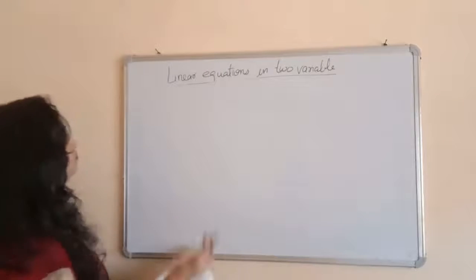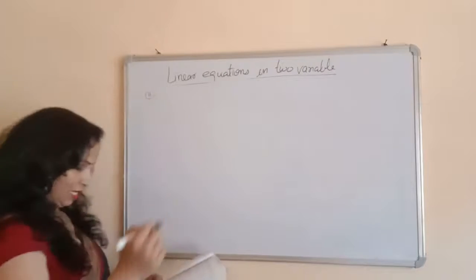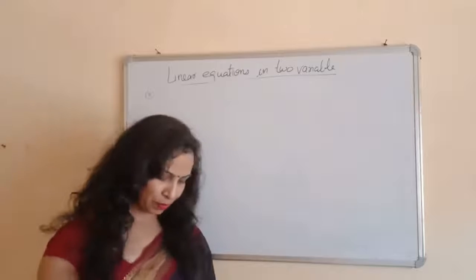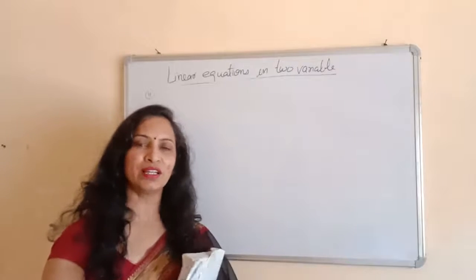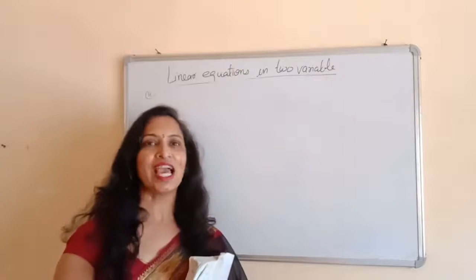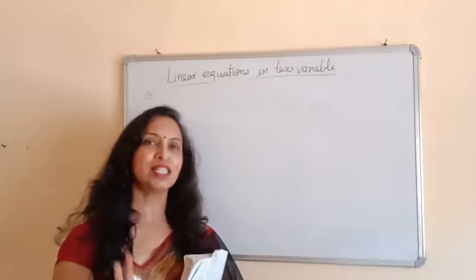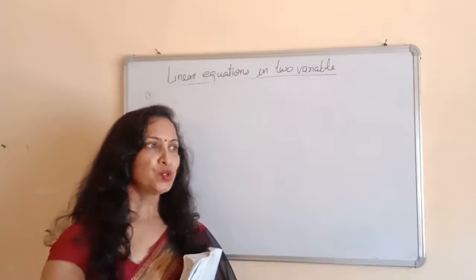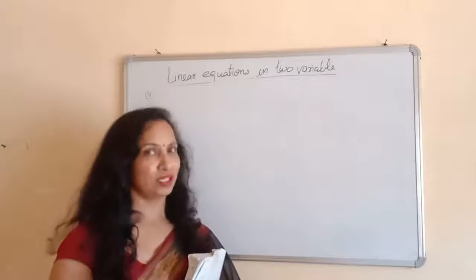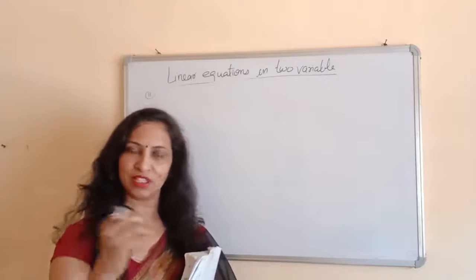Okay, the second part. Second part is the larger of the two supplementary angles. You know what the supplementary angles are? The angles which have the sum of 180 are called supplementary angles. So if the supplementary angles are not equal, it means one of the angles is larger and one of the